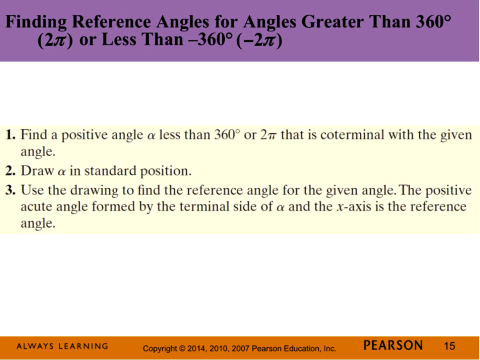Okay, so I'm finding reference angles for angles greater than 360 degrees or 2 pi, or less than negative 360 degrees, which is negative 2 pi. So the only difference in those is the way you're traveling around the circle there, or the way you're traveling through the angle. So